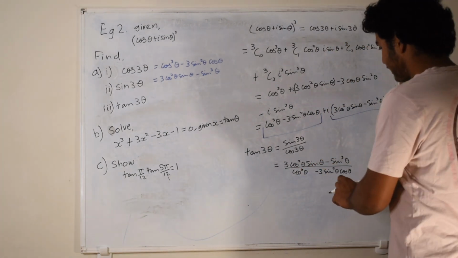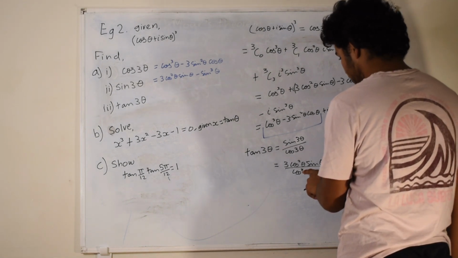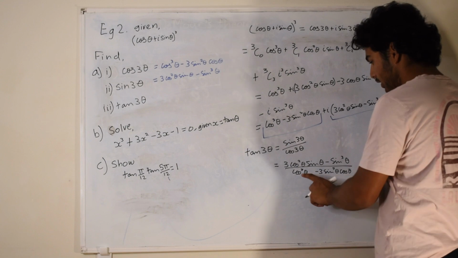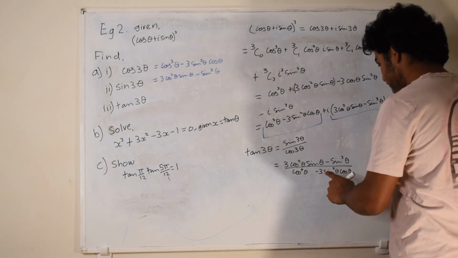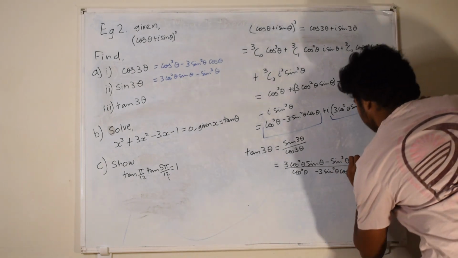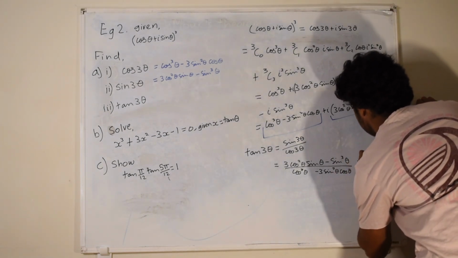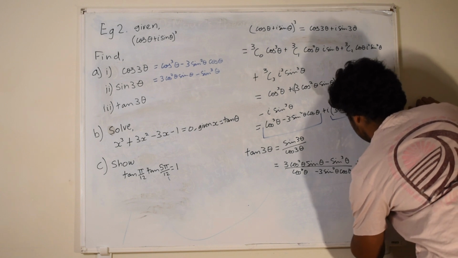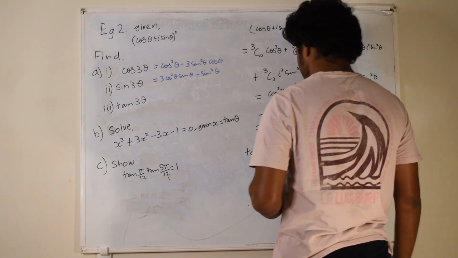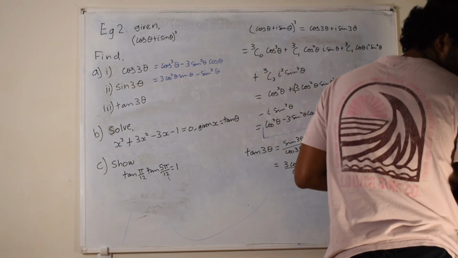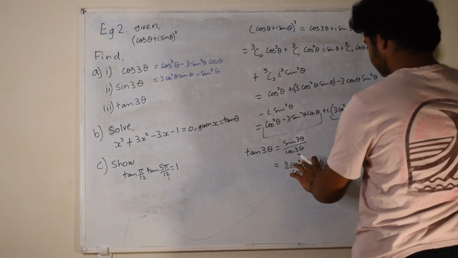is if we divide top and bottom by cos cubed theta. So that just cancels out that. So let's just divide top and bottom by cos cubed theta. So divide both sides by cos cubed theta upon cos cubed theta. So I'll bring this over. So divide both sides. So this then becomes